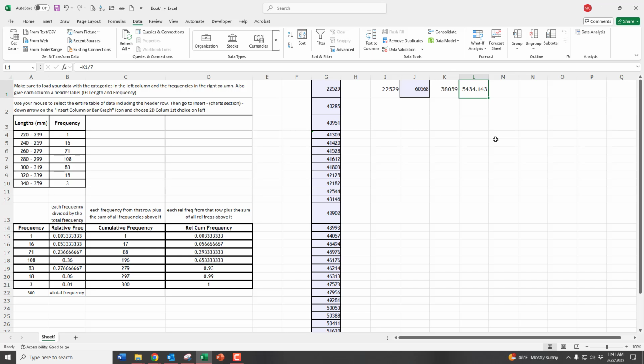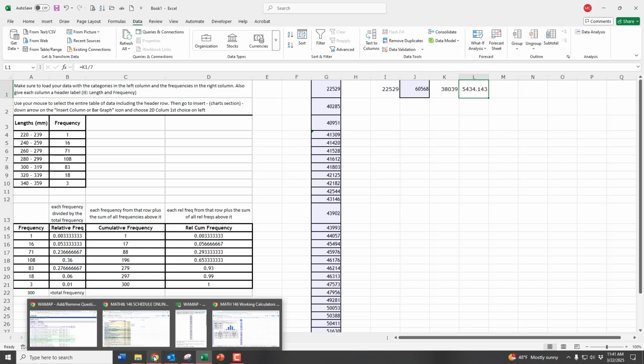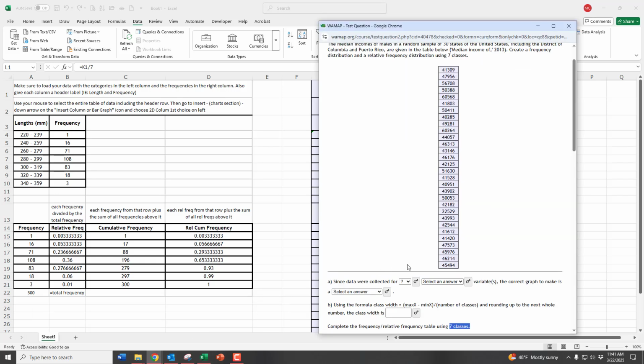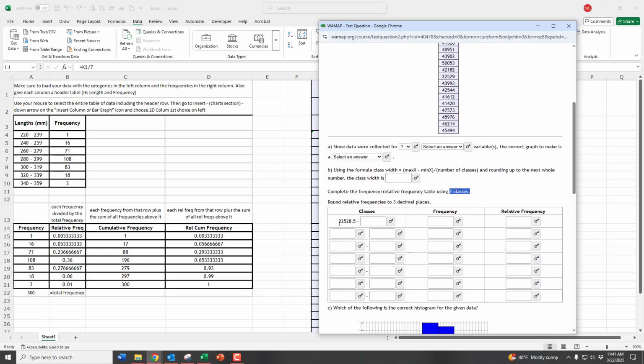smallest pieces of data always has to be a little bit smaller than our smallest number. So it has to be smaller than 22,529. And if that's the case, and we left everything with that exact number, when we got to the top, the upper class wouldn't be big enough to capture the last piece of data. So you'll notice here that the first number they want us to start with is